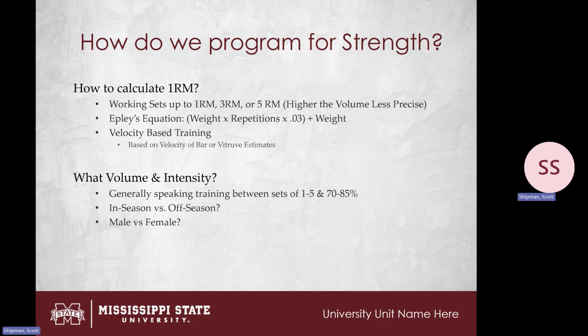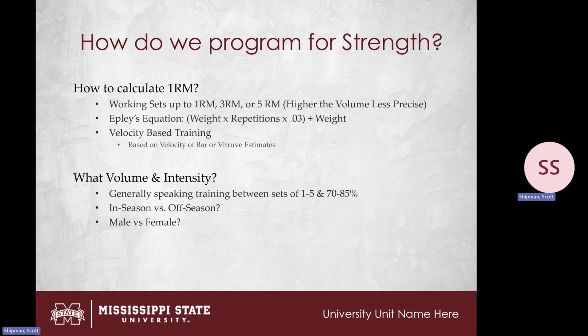How do we program for strength? So first off, how to calculate a 1RM. There are so many ways to do this, whether it's velocity-based training, equations, or just working up to a 1RM, a 3RM, or a 5RM. Typically, the two that I'll lean towards is velocity-based training with our Vitruve units, which gives us estimated 1 rep maxes,